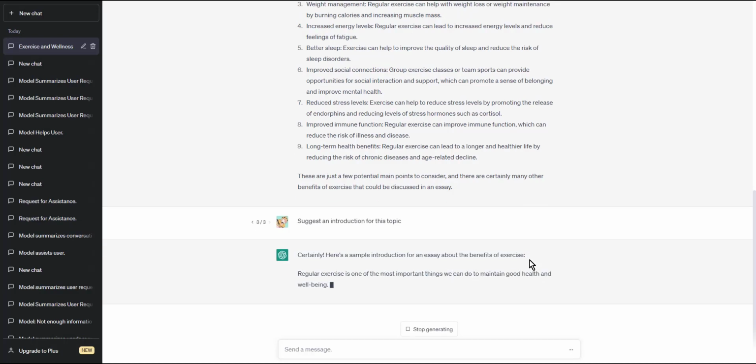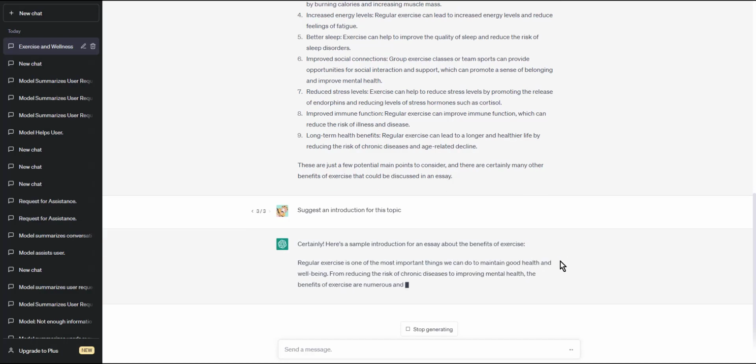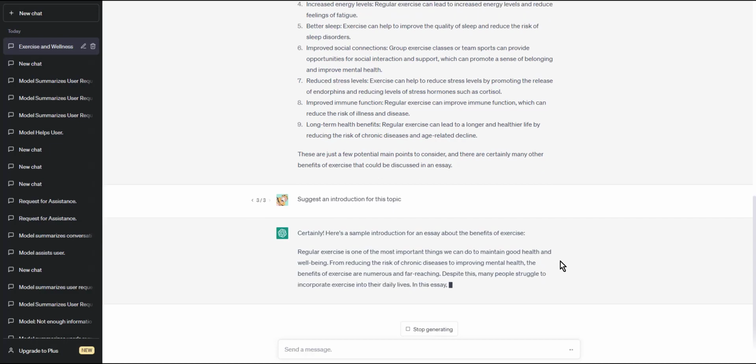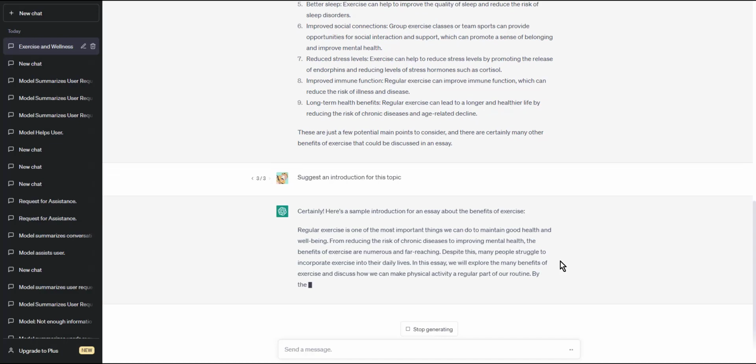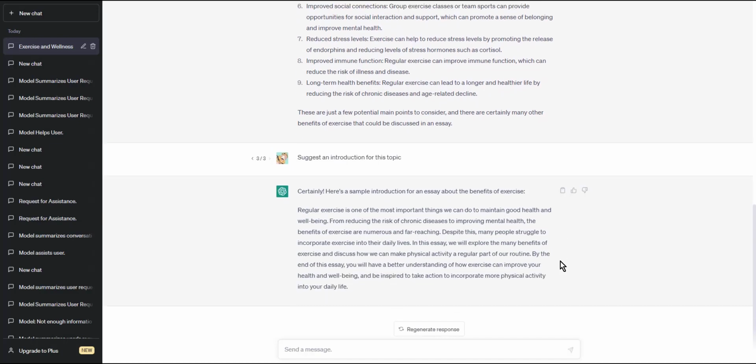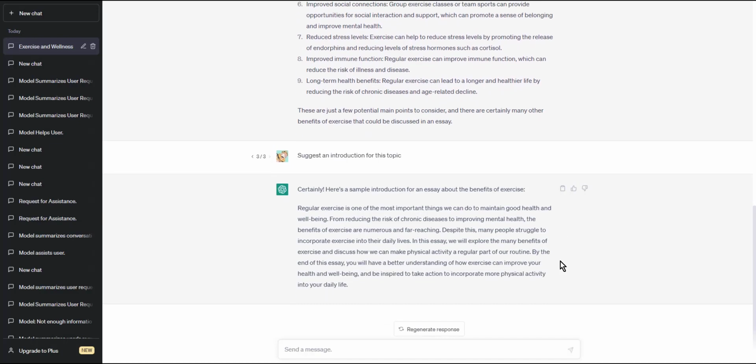The introduction is a crucial part of your essay, as it sets the tone for the rest of the piece and hooks the reader's attention. ChatGPT can help you generate a catchy introduction by providing you with a few different options based on your topic. For example, if your essay is about the benefits of exercise, ChatGPT might suggest introductions like,